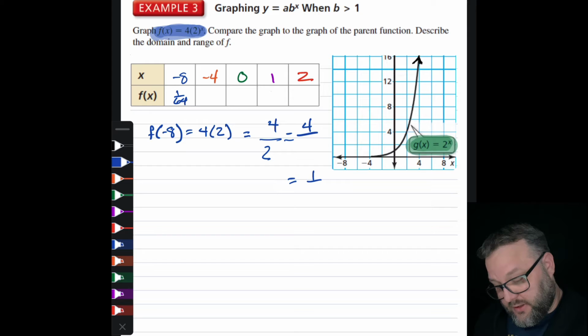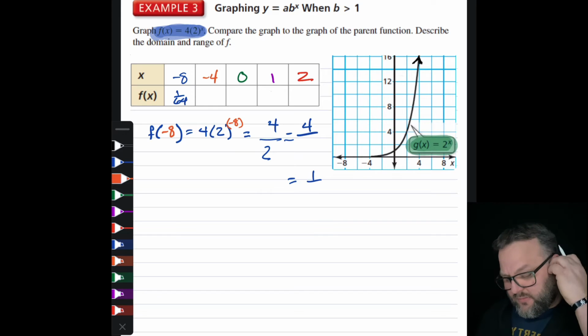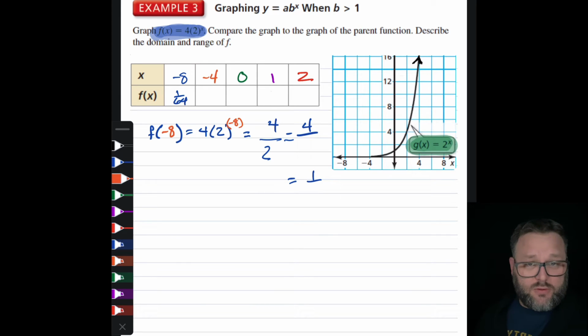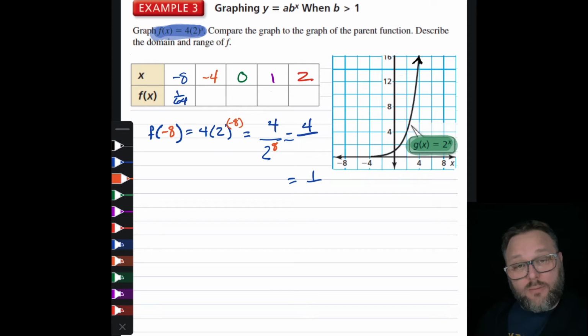Let me actually color coordinate this again a little bit better. What I'm going to do is I'm going to go ahead and use, we'll do orange. All right, so we're doing -8, and the 4 times quantity 2 to the -8 is where we're at. Like we discussed before, that's really just 4 times 2 to the -8. So we move that 2 and keep the 8 as positive now. And 2 to the 8th is going to be